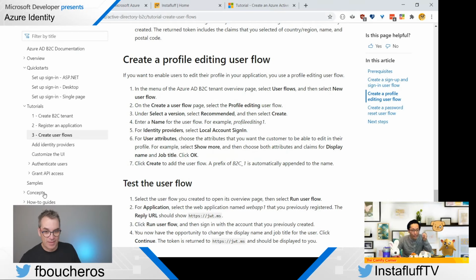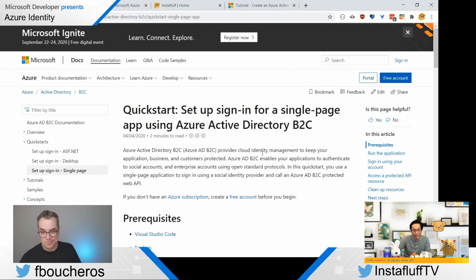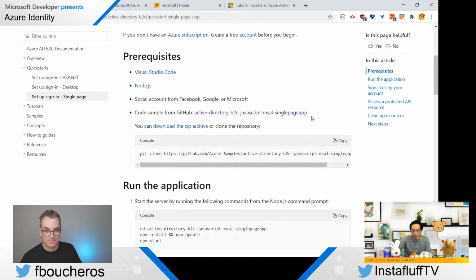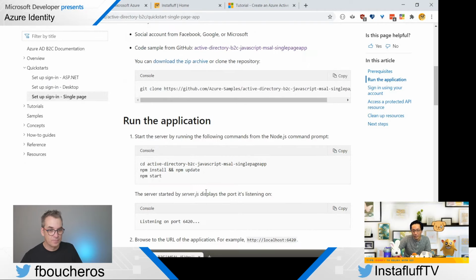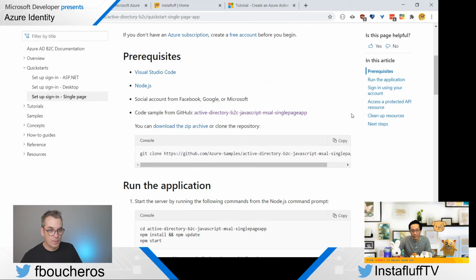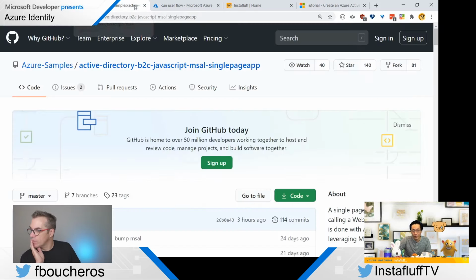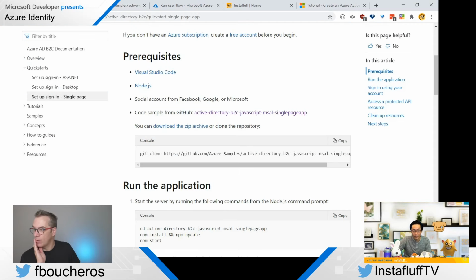What will be? We can go to either. Was it in the samples? Oh, set up, sign up, single page. Here, let's see. All right, so code sample here. The thing is, we need it on a website, like on a web server somewhere, and so that makes it a little more difficult. Well, I think if you're running from an ASP.NET, depending on your setup on your machine, you could add the localhost with the port. So if you do a .NET new and you specify the tenant. Yeah, I think this could work.